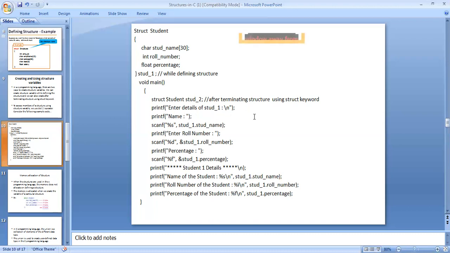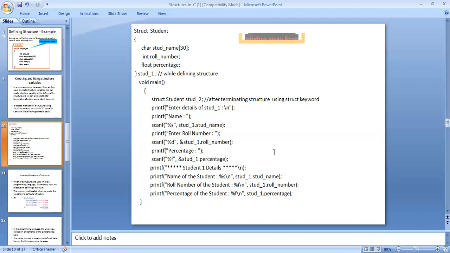After that, in this output, we have to enter the student 1 name. Suppose you take name Srinu, roll number 9, and percentage of salary 20,000, and also enter the student 2 data: name is SSR, roll number 10, and percentage of salary is 70%. This is the output of this programming.